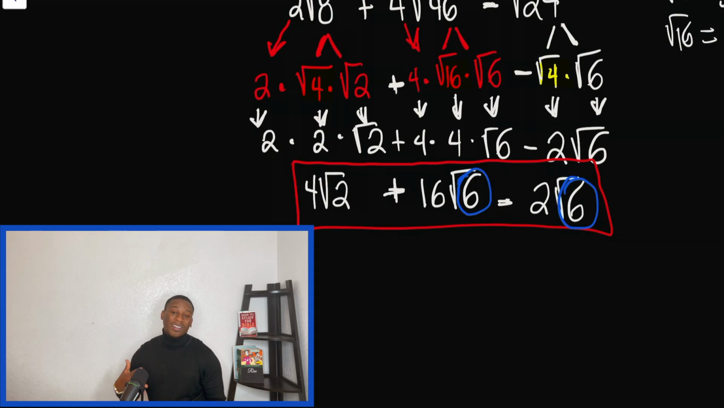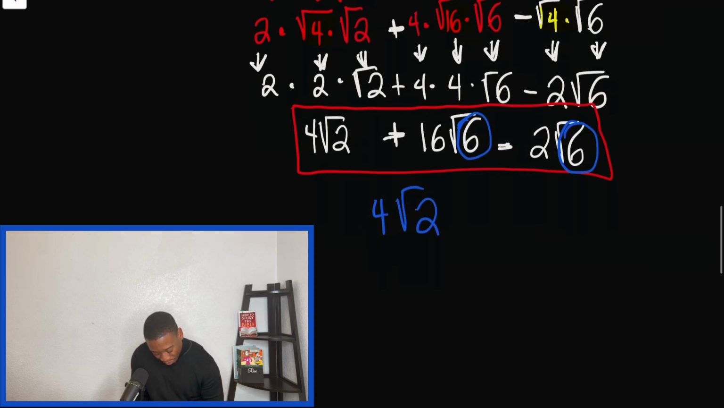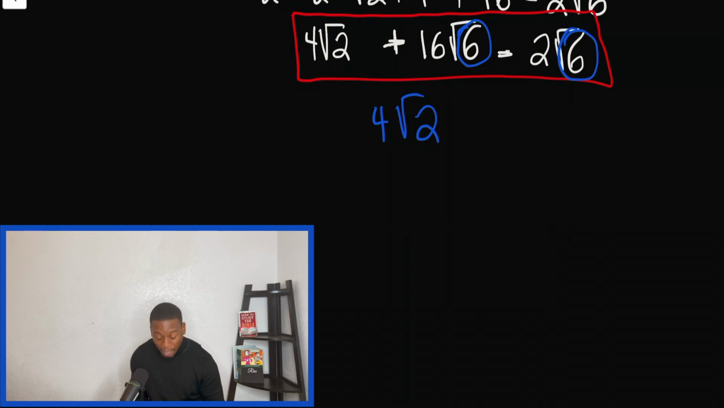All right. So what I'm going to do is I'm going to keep 4 radical 2 the same because there's nothing else to add it with. There's no other radical 2's. So we have 4 radical 2, and I did switch to blue now, guys. My bad. Love blue. And our last step now is to treat